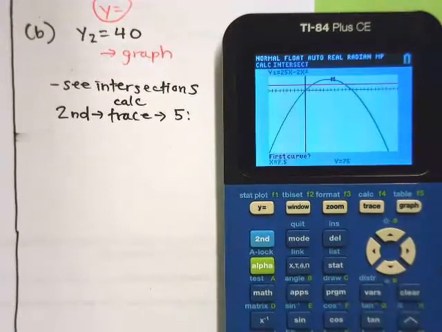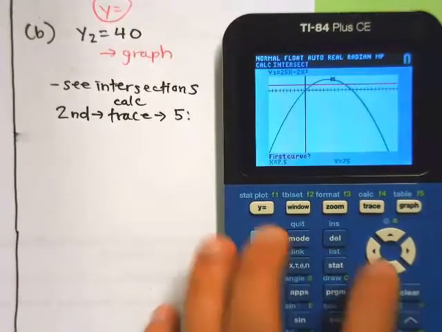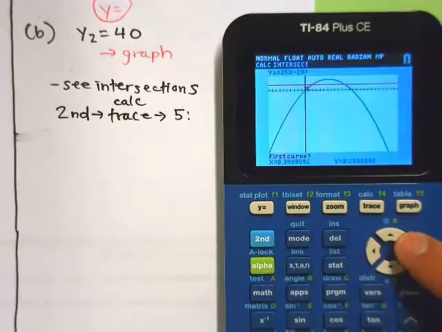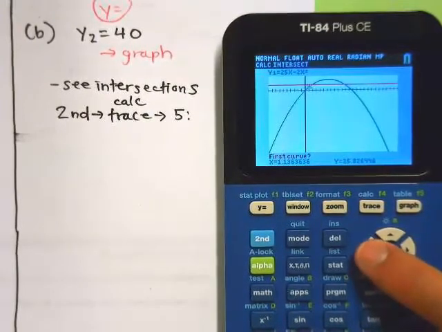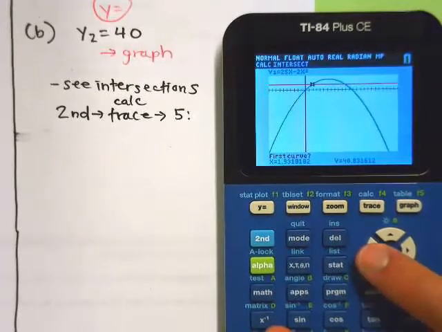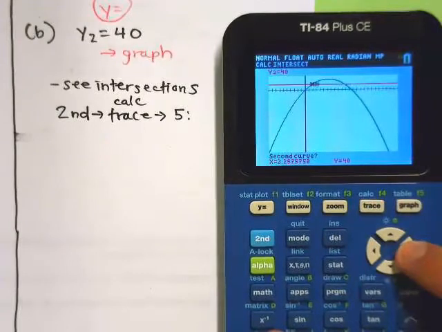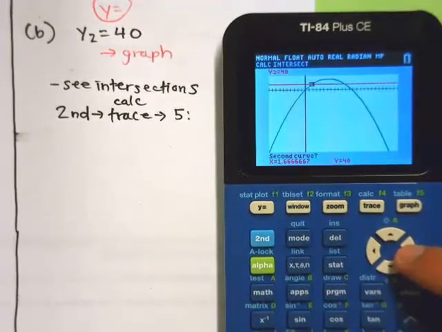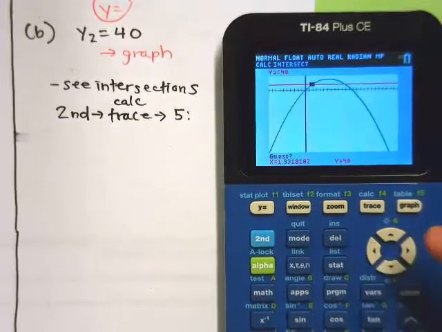Okay, so now first curve. There are 2 intersections, and we're going to grab both of them. Let's start with the first intersection first. Just guesstimate. This one will not ask for a left bound or a right bound, but rather on the first curve, where do you see the intersection? So just approximate where that could be. Now the second curve is the line that we inputted. Where is that at? You're really trying to pinpoint where that intersection is, and then just make the guess. So your first intersection will be at x equals